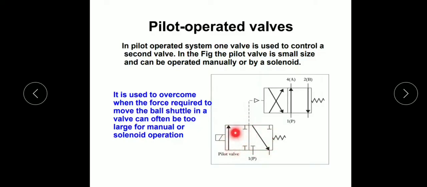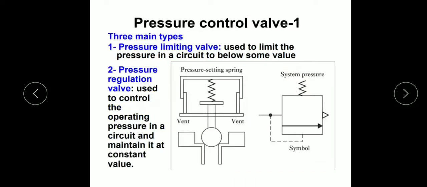There are 4 sides and 2 rectangles, so 4/2 valves, and that is operated by another valve which has a 4/2 mechanism. And this is a solenoid operated spring return valve, and this is a pilot operated spring return valve. This is known as pilot or air pressure. Using an air pressure we are running or controlling the direction control valve.